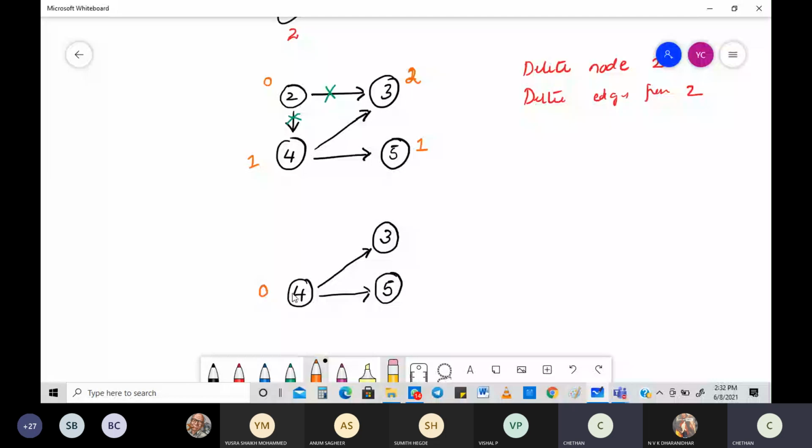Okay, what is the in degree of 3? I think it is 1. In degree of 5, it is 1. Okay, you got this. See this, be careful. In degree of 4 is 0. Now there's no edges coming through with regard to 4. Now what's the next step? Next step is you need to delete a node which has an in degree equal to 0.